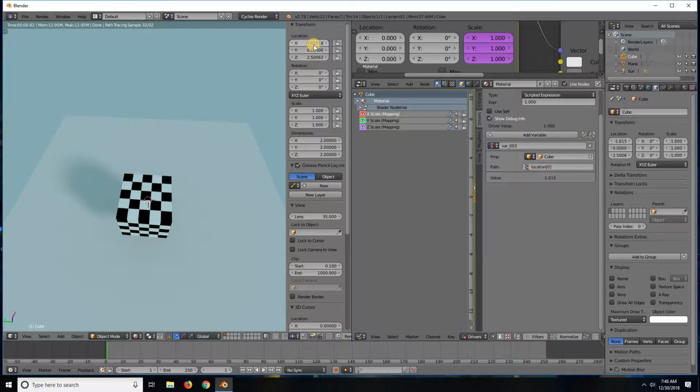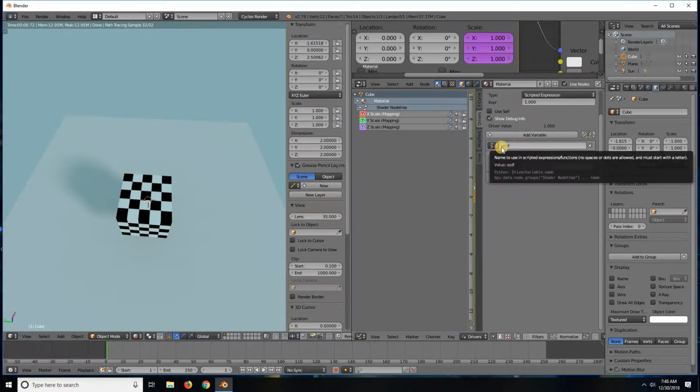And if you look at the location of the cube, we're at negative 1.61518, which is this, but a little more detailed. And yeah, so basically, this is our variable, and where it says var003, or as I said, we could rename it whatever we want, where this name is, this ASDF I just put there is equal to